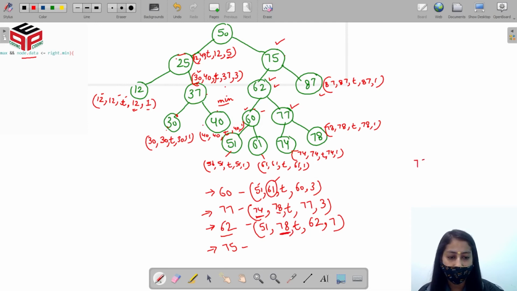So 75 should be greater than 78. But this condition is false. This means that 75 is not a BST. Right? So it will return false. The minimum value is again set to the minimum of 75 and the minimum of left subtree, that is 51, and the maximum value is set to 87. Now it will check.